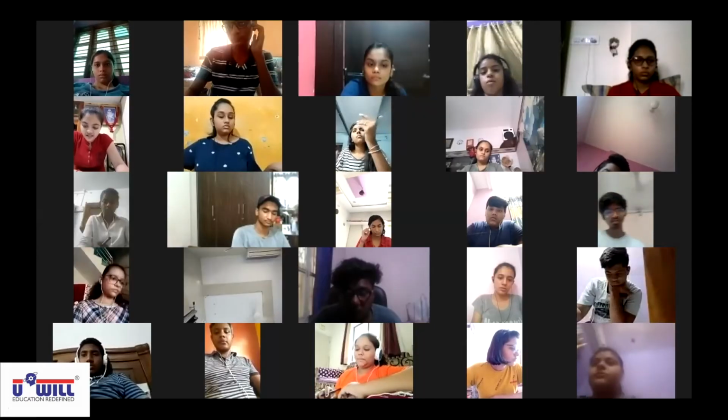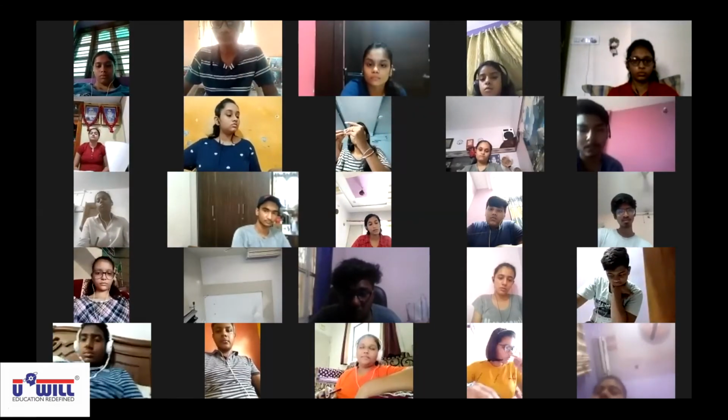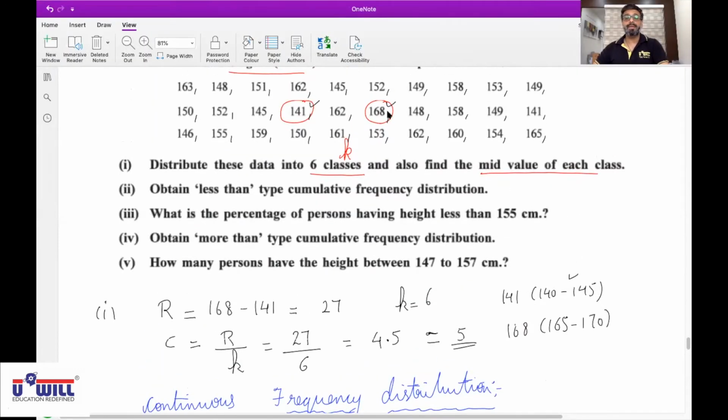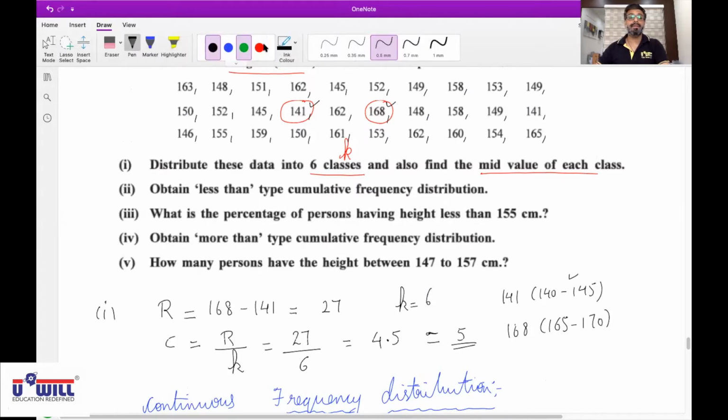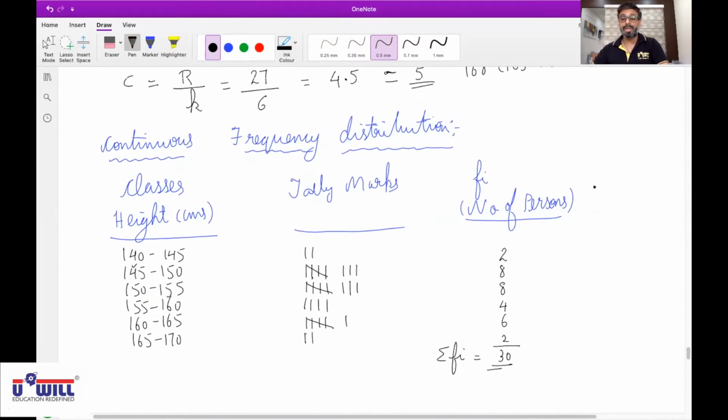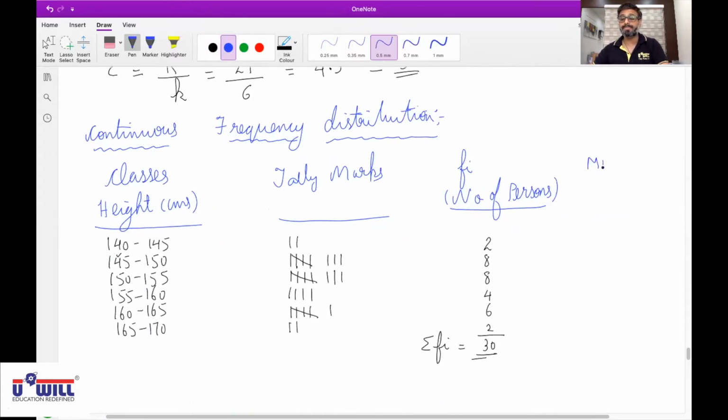Okay. Now, you are asked in the question to find mid values also. If you read the question carefully, it was asked: also find the mid values of each class. So mid value is to be obtained. Here itself, all of you can make one more heading as mid value after frequencies. Mid values will be denoted as xi.